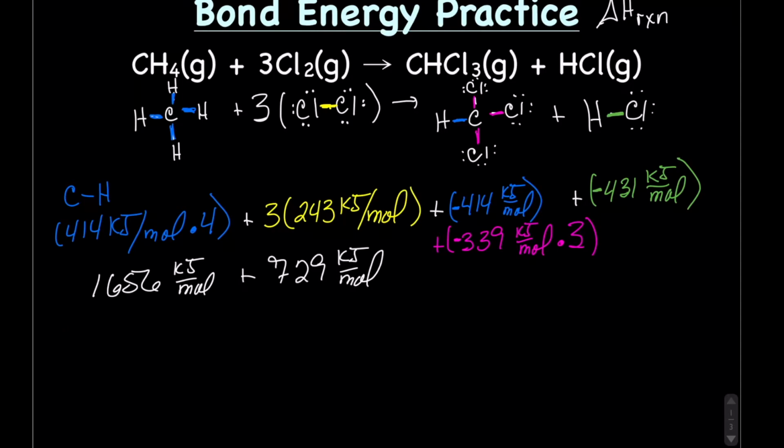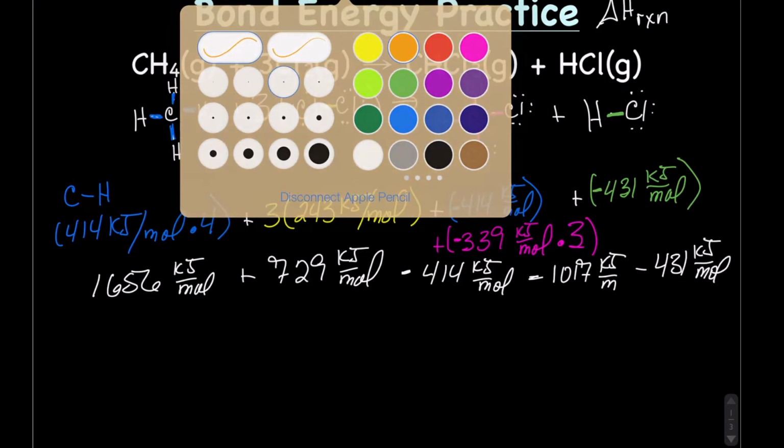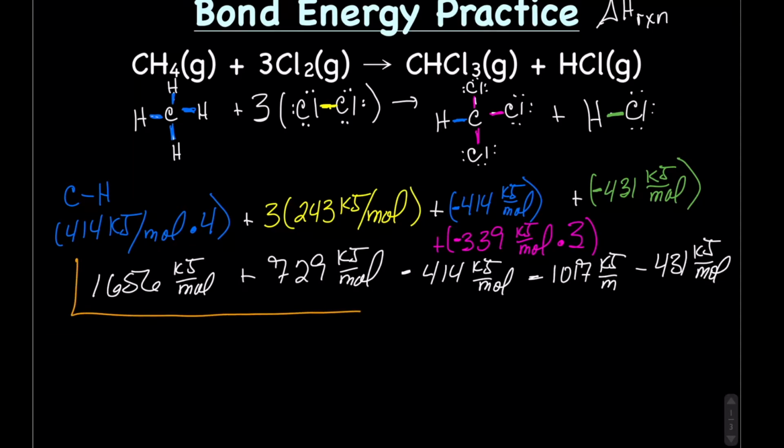Then I have, for the other HCl, I'm going to have negative this time, right? 414 kilojoules per mole. Minus the CCl bonds, the 3 of them, which is 1017 kilojoules per mole minus 431 kilojoules per mole. So real quick, just to make sure you're very clear on this, these are positive because we're making bonds,